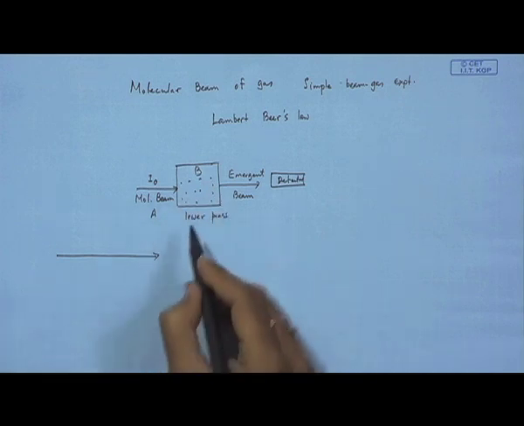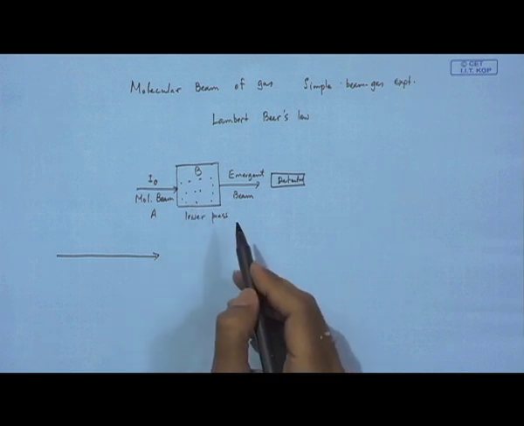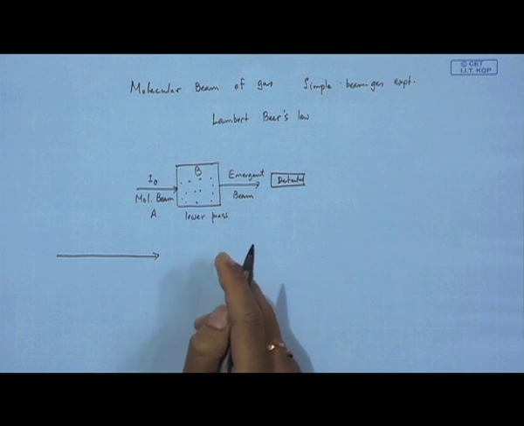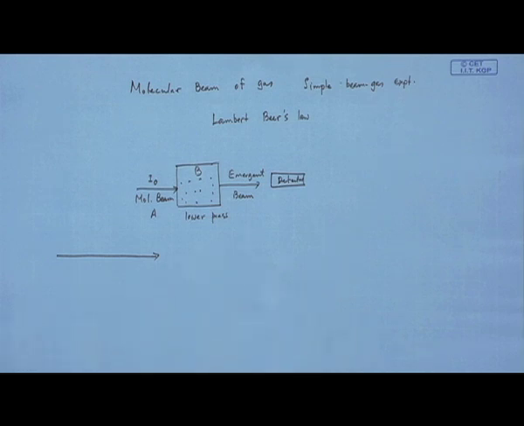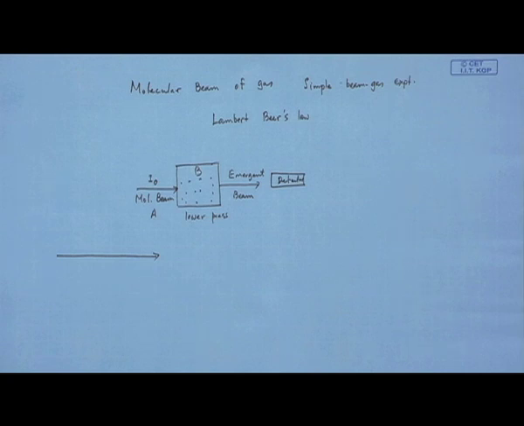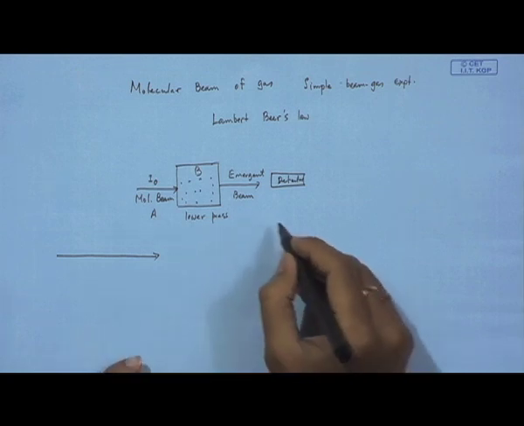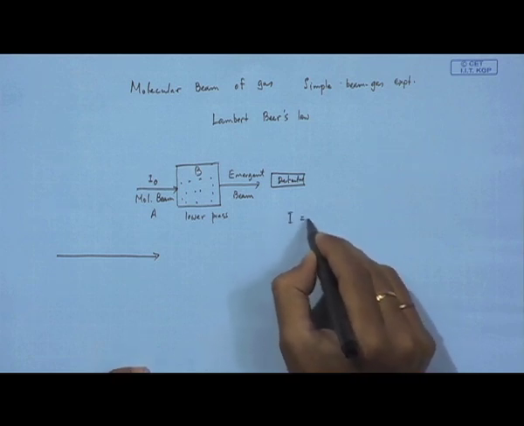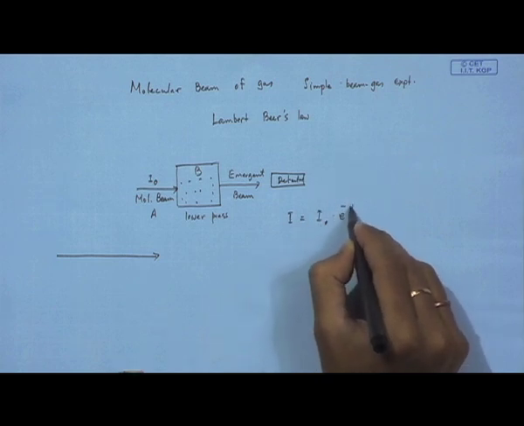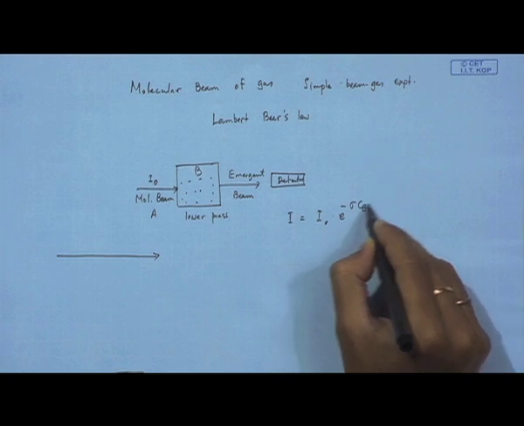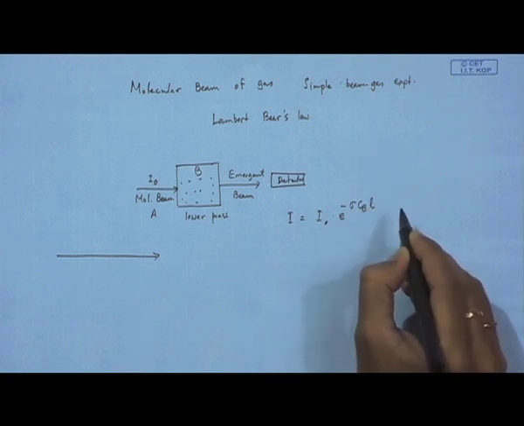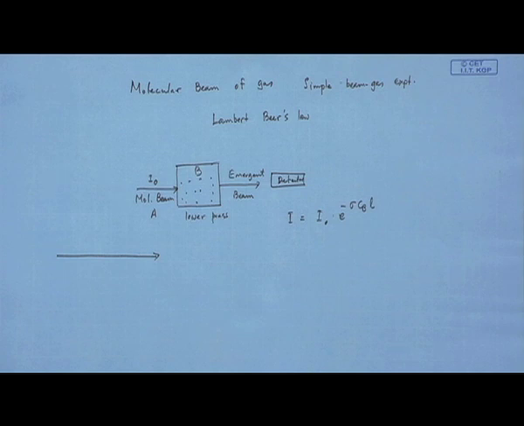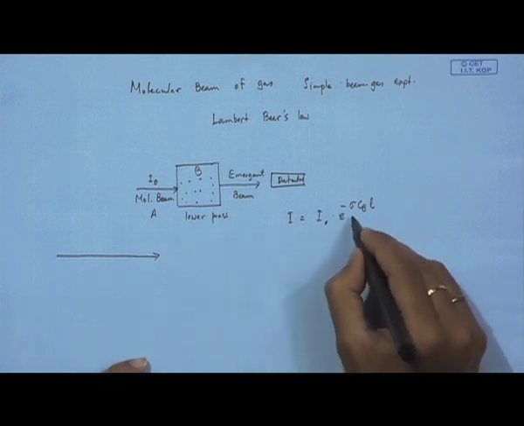When it passes through B, it collides with B, therefore it gets deflected. So, that is why lower pressure. If it is under high pressure, then the situation will be further complicated, because much collision will be there, and you may be getting full attenuation of this A beam. That is why low pressure has been used over here. And using this, similar to Lambert-Beer's law, we can form an equation like I0 into e to the power minus sigma Cb L, where sigma is the scattering cross section,